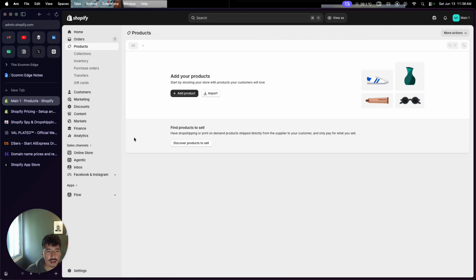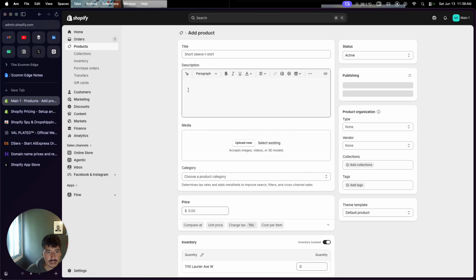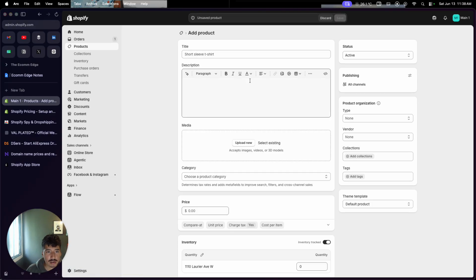Once you've selected the option for products, it'll look something like this, where you'll be able to either add a product, import products, or discover products to sell as well. For this video, we're going to do add product. Now that you've selected add product, you'll see the option to add the products that you're going to be selling in your Shopify store. So let's go ahead and add a product, men's